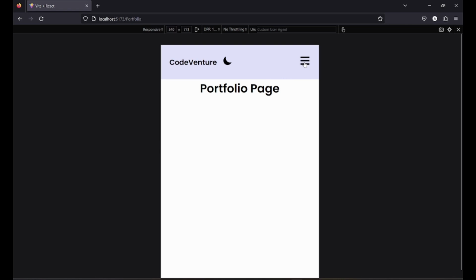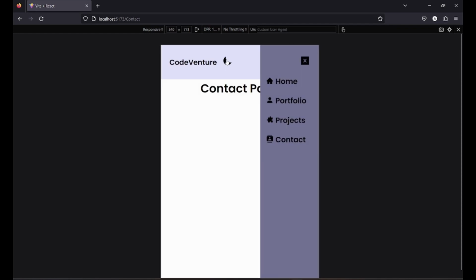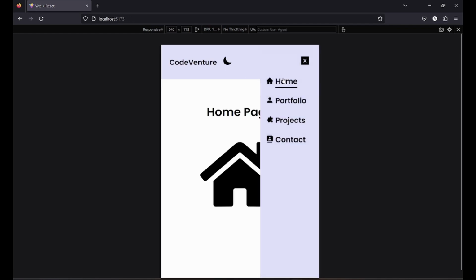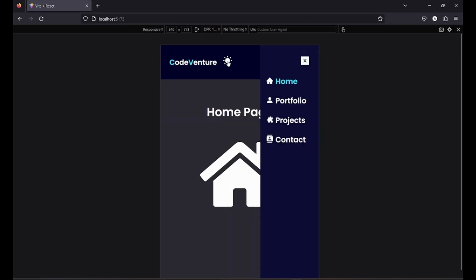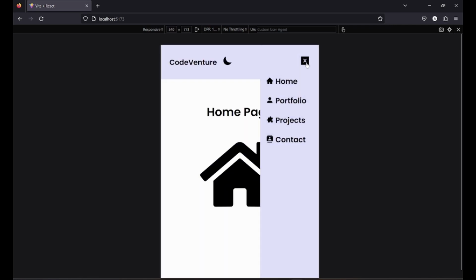You know how to now use your dark mode. You can change any variable, or let's say if you want to perform any function, you can also do that by changing or manipulating the DOM elements via useEffect.